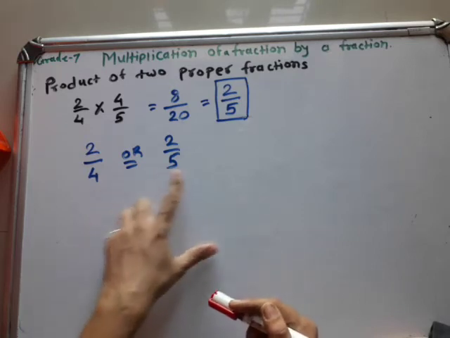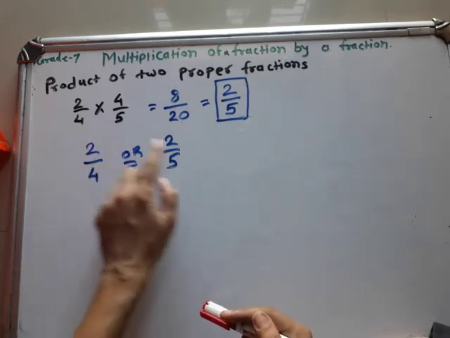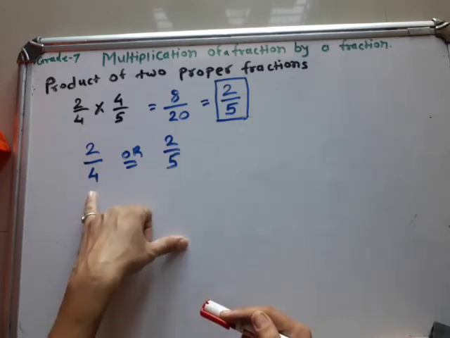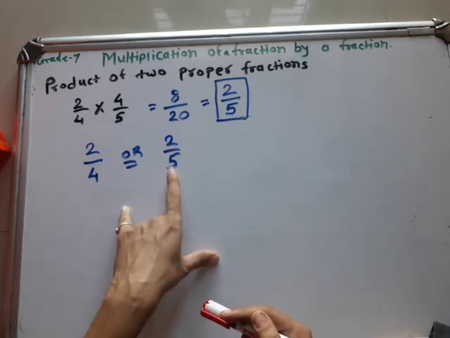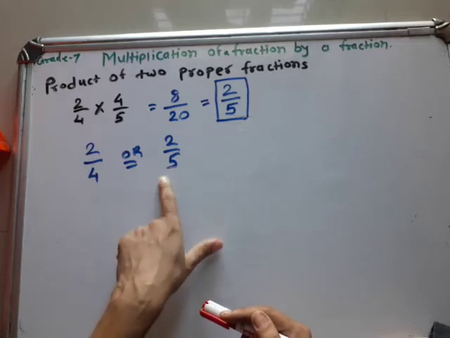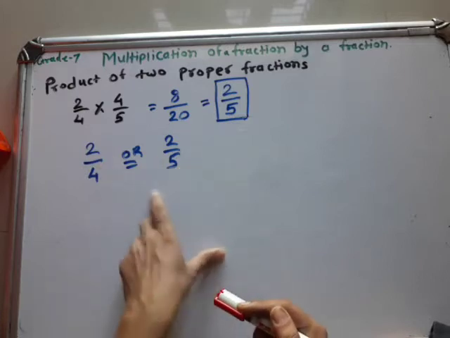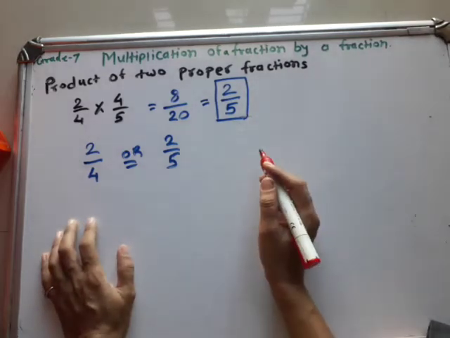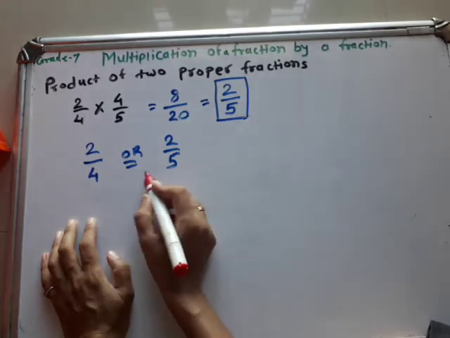So here, see here, the numerator 2 is the same. Okay. But here the denominator is 4 and here is 5. So when the denominator is greater, the fraction is smaller. Okay, so see here, or another way to solve this, you have to make like fractions. How will you make like fractions?